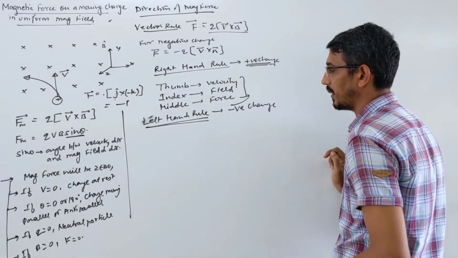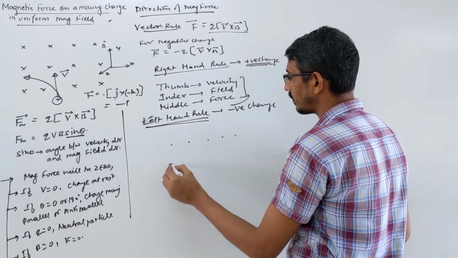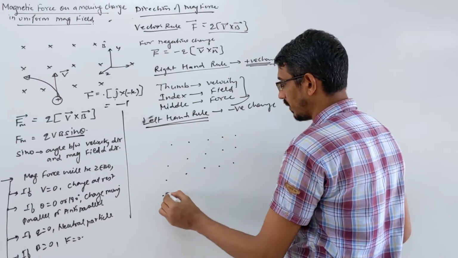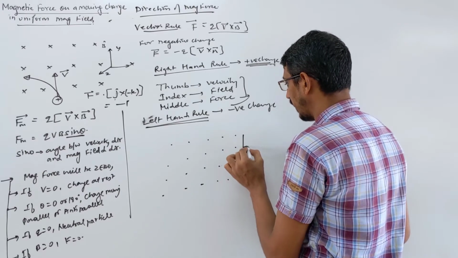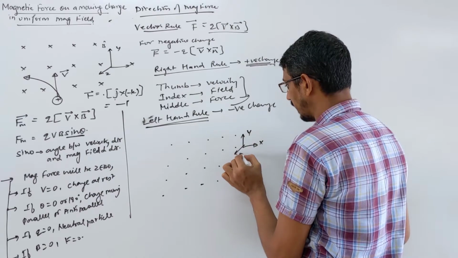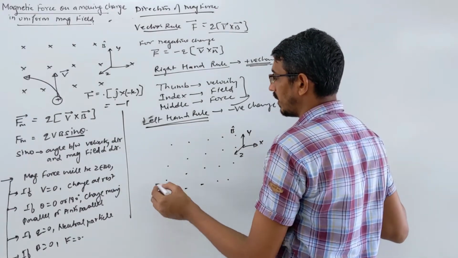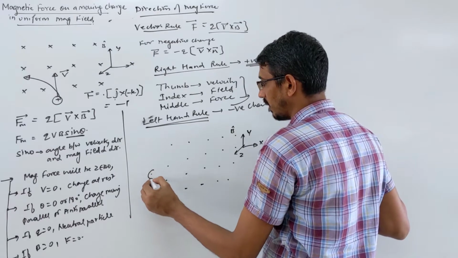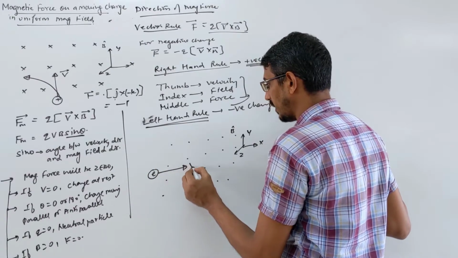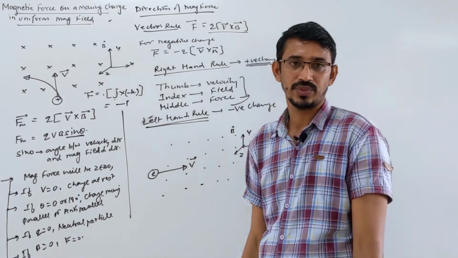I give an example here with help of negative charge. Suppose this is field given. Dot dot field given, field is what? Outward. Okay. So this is your magnetic field. These are direction X, Y and Z. This is a magnetic field, okay? Correct. And some charge is suppose moving this direction and it's a negative charge. I am saying electron is moving in this direction initially. We want to know in which direction this electron will deflect. What is the direction of the force?